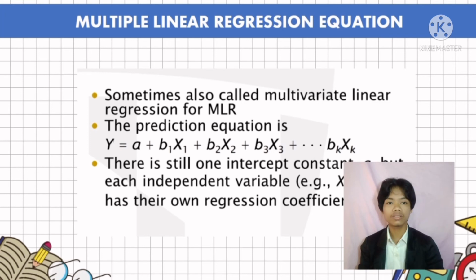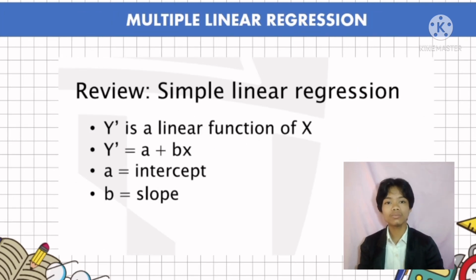There is still one intercept constant, which is a, but each independent variable, for example x sub 1, x sub 2, and x sub 3, has its own regression coefficient. In reviewing our simple linear regression discussion, y prime is a linear function of x, where y prime equals a plus bx, where a is the intercept and b is the slope. So in our